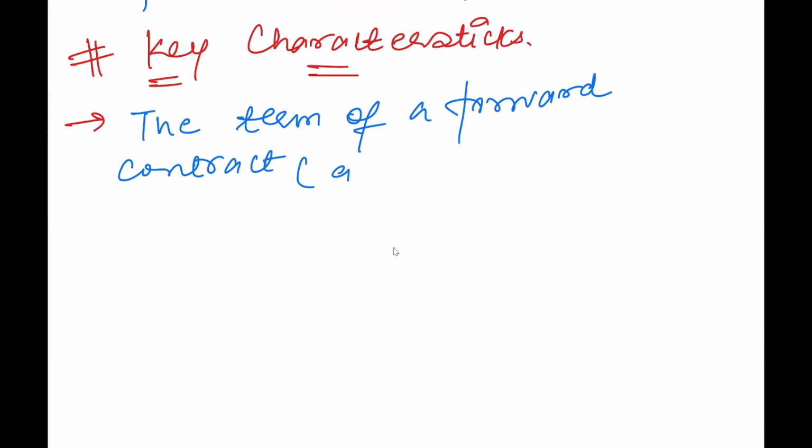What are the terms? It can be quantity. When I say quality, let's say cotton, there are different qualities of cotton, and the same goes for different commodities. If you see oil in nature, it has different qualities. So depending on the requirements of the parties, it can be changed. So quality, quantity, price, delivery date,